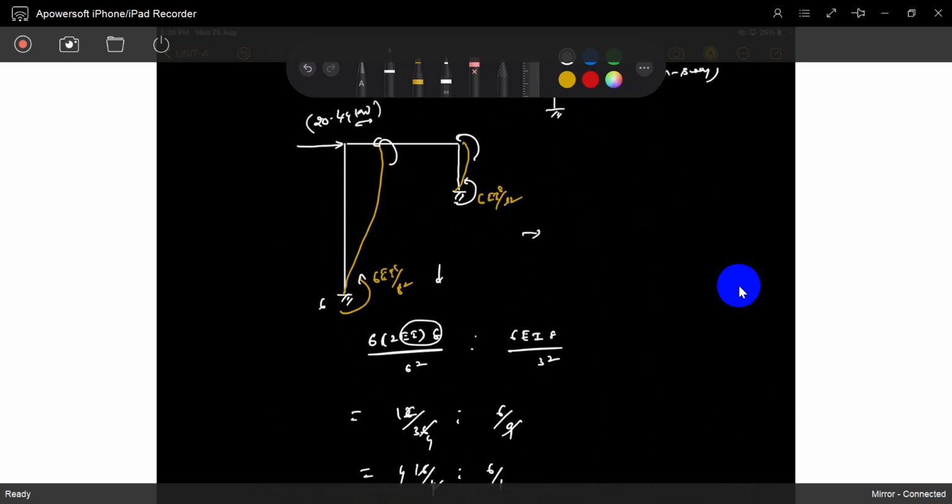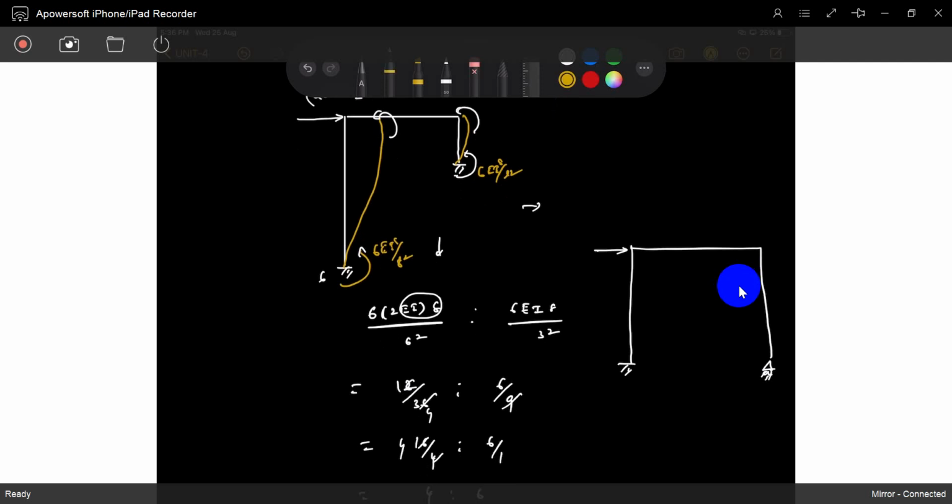If the frame is like this, it is a hinge. It is a hinge. Sway moments are developed what? It is a hinge. Understood? So sway moment is developed here. You will get like this. It has its allowed deflection. Sway moment is only developed here. It's a B. It's a C.